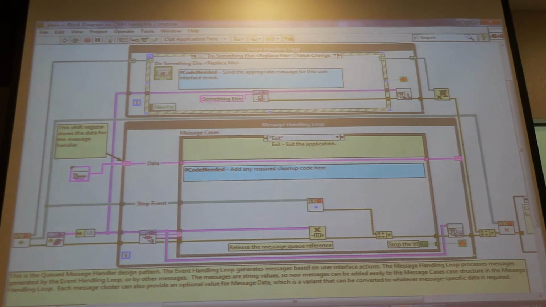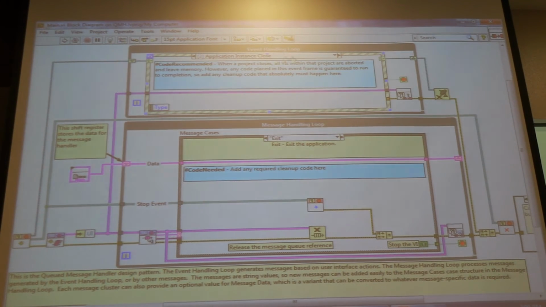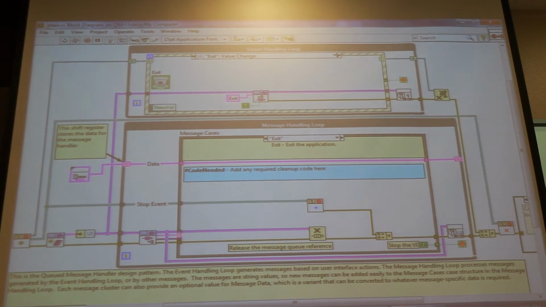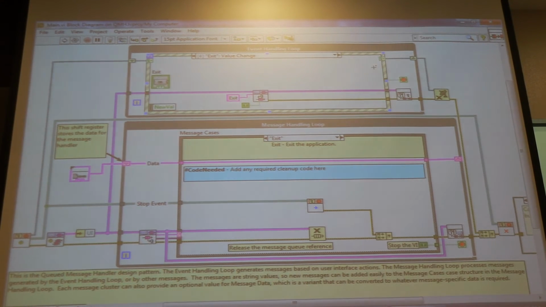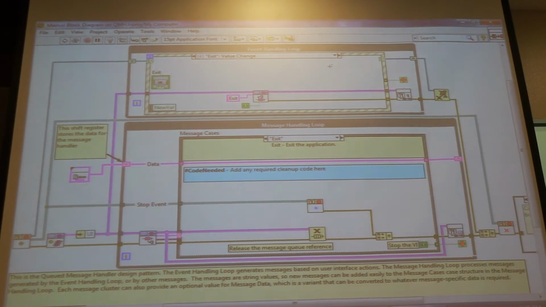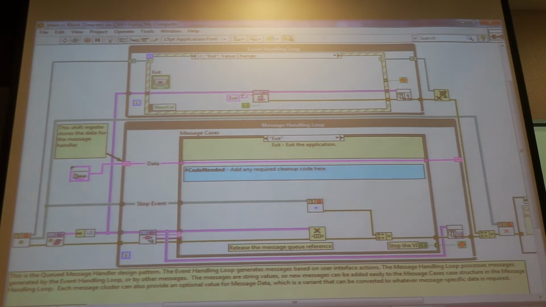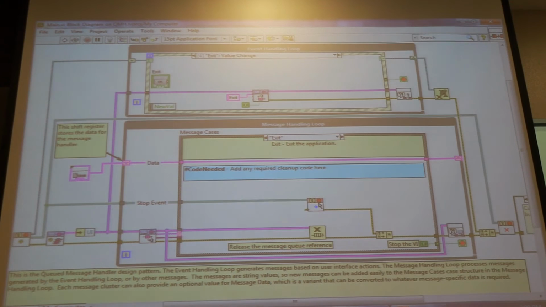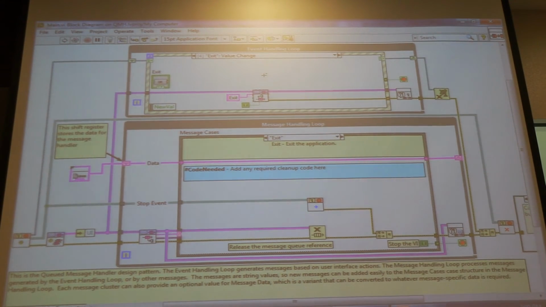If you were to stop the event handling loop on top, you will see that, let me see, exit. What does it do? You will see that here it is not stopping it immediately. Instead, it is sending to the message handling loop to go to the exit state, go here, and then this message handling will tell the event handling loop to stop. So you will see that there is a very nice pattern that we follow that is very consistent. The reason why we do this is very simple.